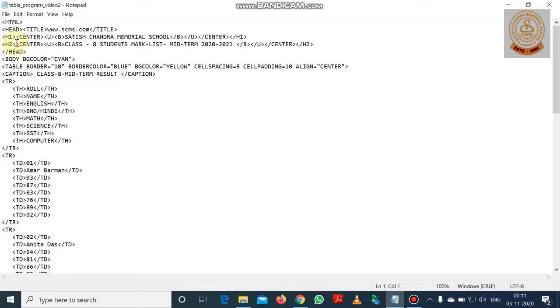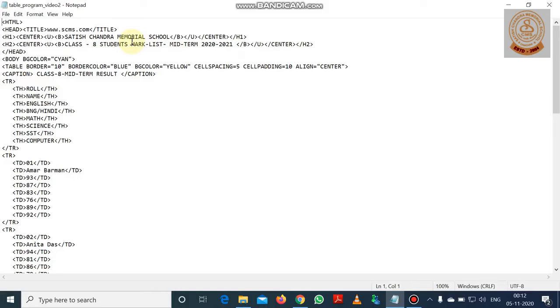Now the second heading we are giving with the h2 heading size. You know that there are 6 heading sizes, h1 to h6. Here the second heading size is h2, and the same structure is followed. The center tag is given, the underline tag is given, the bold tag is given, and then the second heading, class 8 student mark list midterm 2020-2021, is given, and the heading is completed by the ending tag of bold tag, ending tag of u tag, that means underline tag, ending tag of center tag, and ending tag of h2 tag.